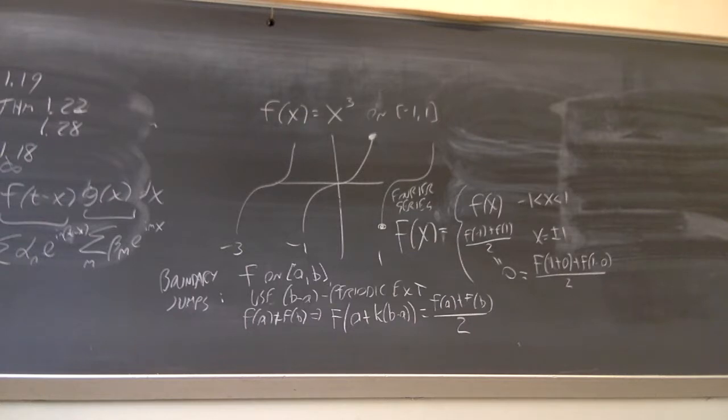That's a different value, because a naught turns out to be the average value of the function on the whole interval. But at a discontinuity, the value of the Fourier series is equal to the average of the values on either side of a jump. It's very local, whereas a naught is a global quantity. So the value of the Fourier series at a jump only depends on what's happening infinitesimally close to that point, whereas a0 depends on behavior on the entire domain. So they're two different things.